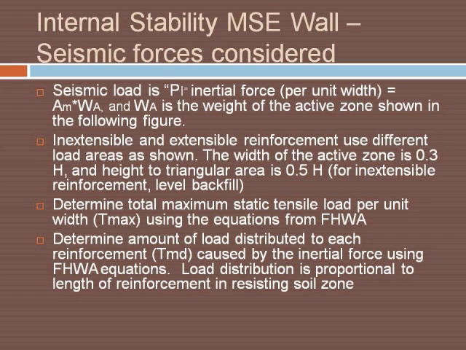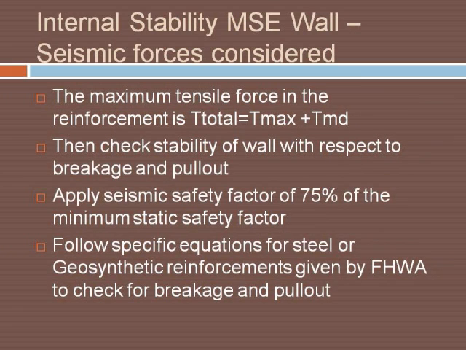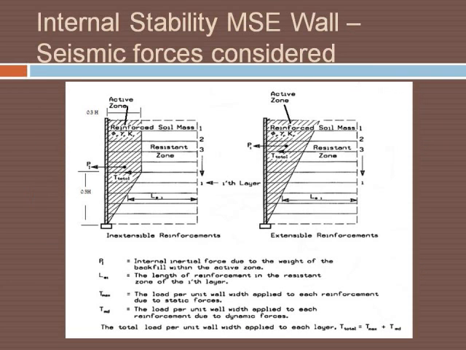The maximum static tensile load per unit width is figured out using equations from FHWA. It's called T sub max, and T sub MD are the inertial forces distributed throughout the reinforcing, proportional to the length of the reinforcement. So the maximum tensile force in the reinforcement is T max plus T MD. Then the stability of the wall with respect to breakout and pullout is calculated using the Federal Highway Administration guidelines. And you'll note in the equations that a seismic safety factor of 75% of the minimum static safety factor is used. Here is a sketch of the